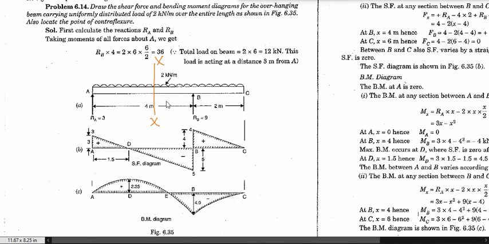That is plus Wx, and since the reaction is 9 over here, that will come here as -9. So you have to write plus 2 times x minus 9, and that will give you a certain value over here. That will be a minus value. Obviously 9 is greater, so from here you get this negative value, and if you again move forward after this point, you will get a positive value. Okay, so this way you can determine this shear force diagram.